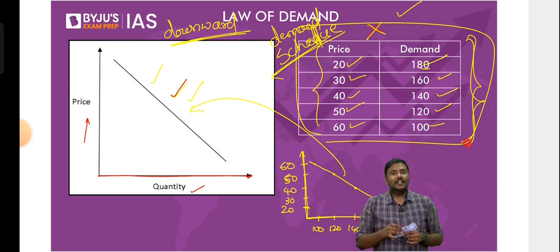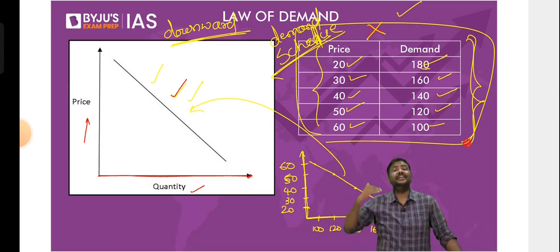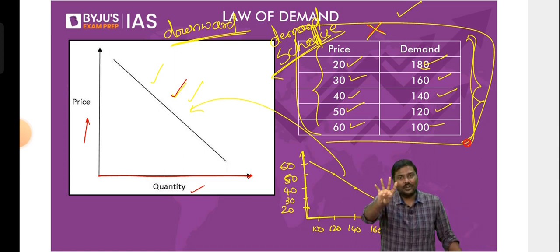Many of you are calculating. Now imagine the price of the product increases, goes up from 20 rupees to 25 rupees. Price of the product goes up from 20 to 25. Now with the same 100 rupees, how many units can you purchase? 4. That is exactly what is given here.